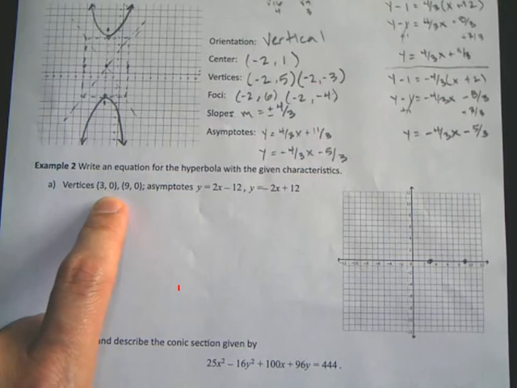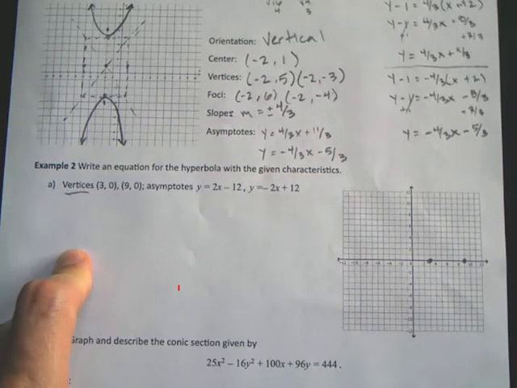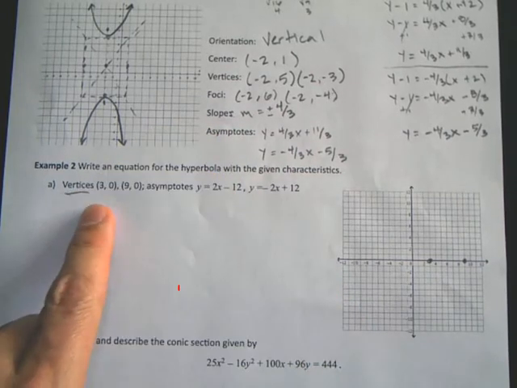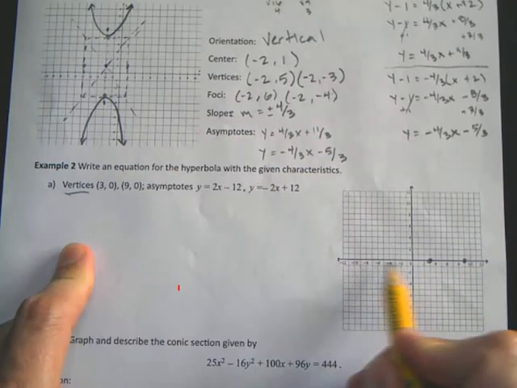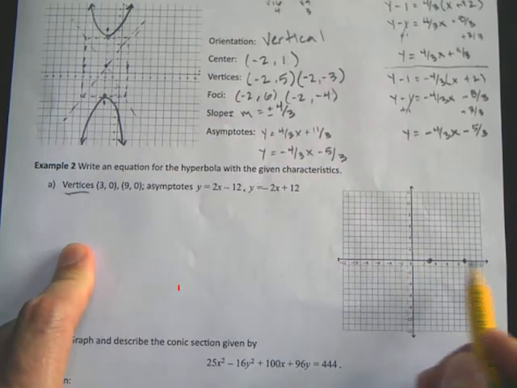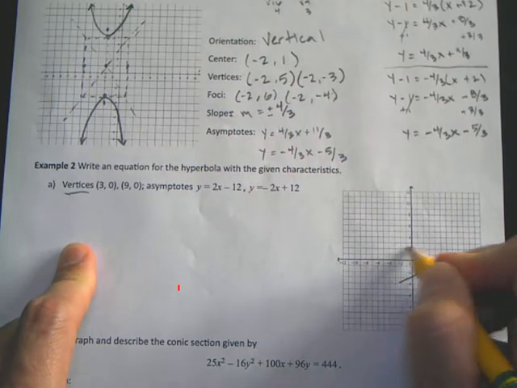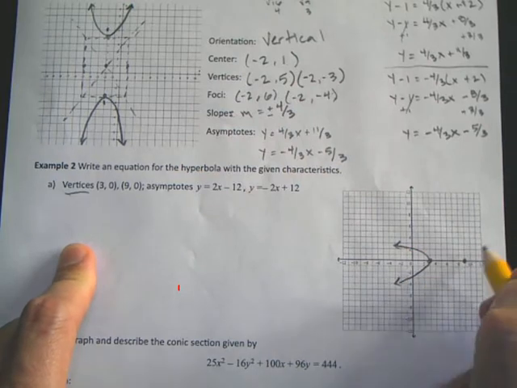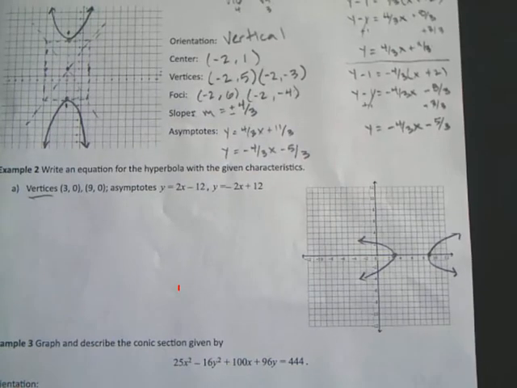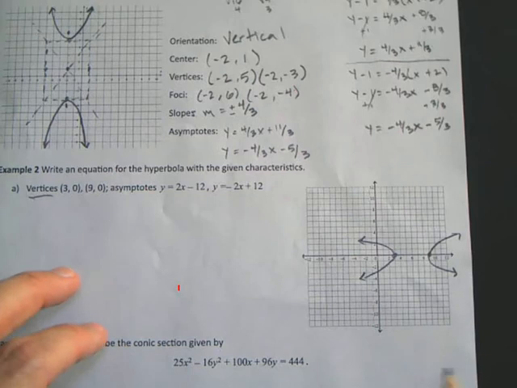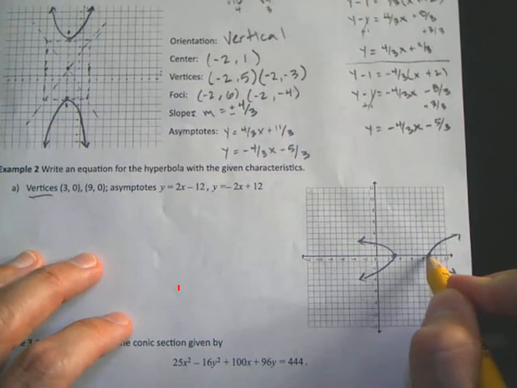That tells us the orientation is horizontal because they're on a horizontal line, right? I know it's going to go like this. Boom. If they tell me my vertices of a hyperbola are these two numbers, we can graph it, but we don't have all the good information. So let's keep going. But I do know that I can find my center by going halfway between these. 1, 2, 3, 1, 2, 3. So there's my center